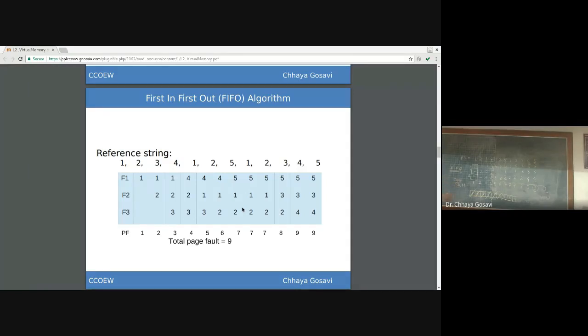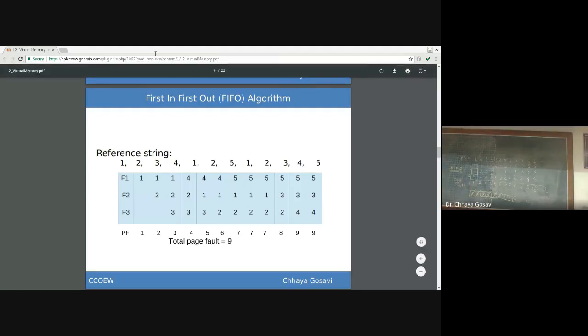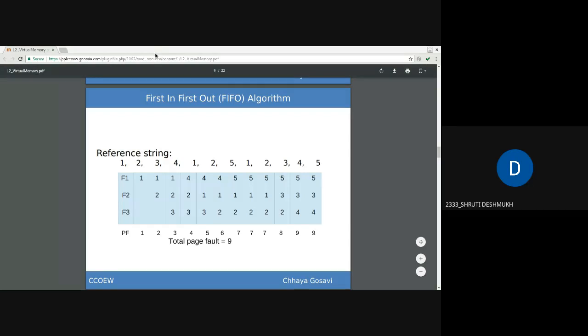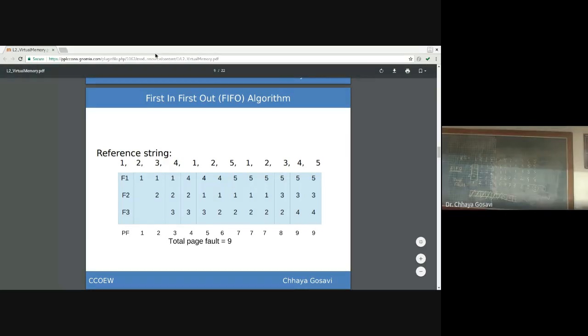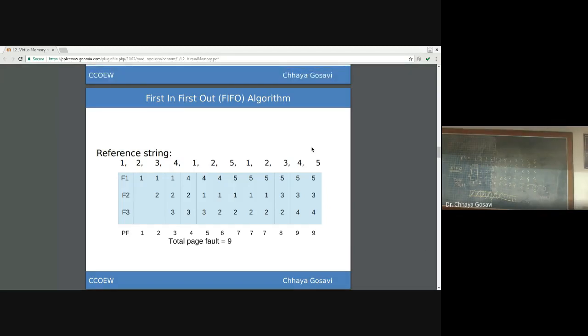Instead of 3 frames, if you have 4 frames, 1 more frame is there, then memory is increased. So should page faults increase or reduce? Reduce. Yes, page faults should reduce ideally. But just check whether, when you have 4 frames, you get fewer page faults. Are you getting it or not?